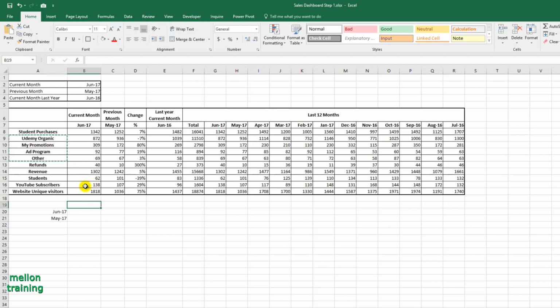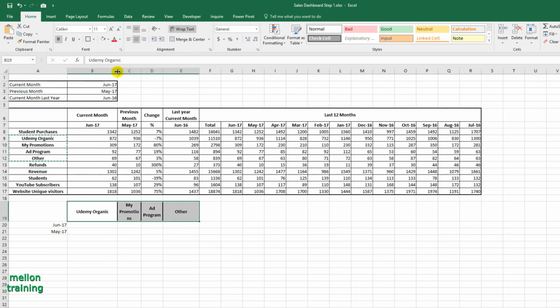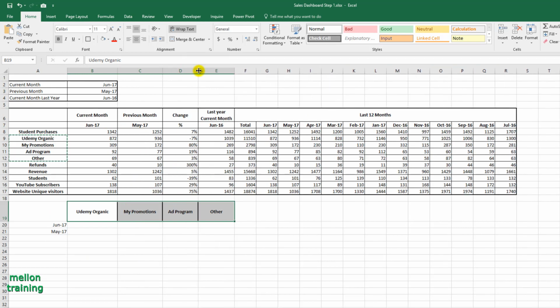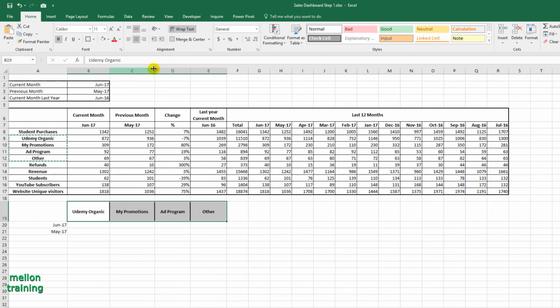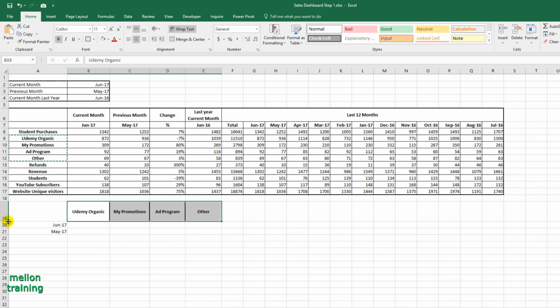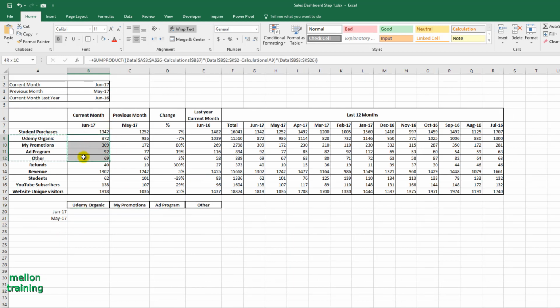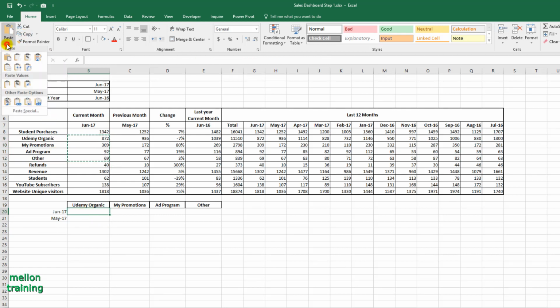Next, copy these four cells from A9 to A12 and from paste options, choose transpose. I want them in horizontal direction. In the same way, copy B9 to B12 and transpose here.